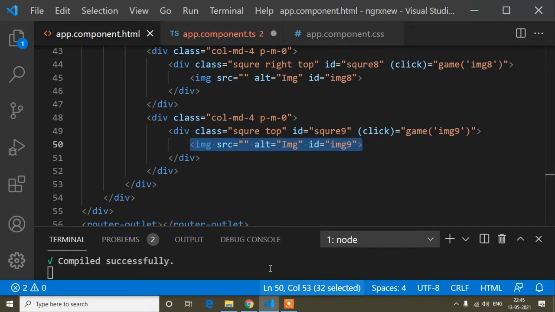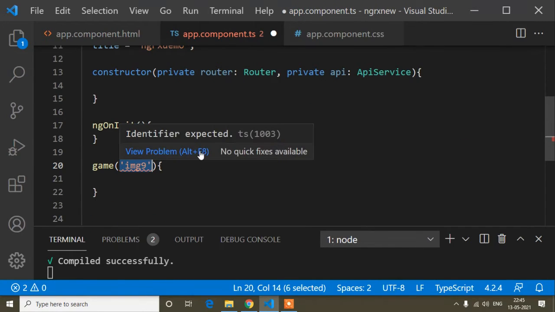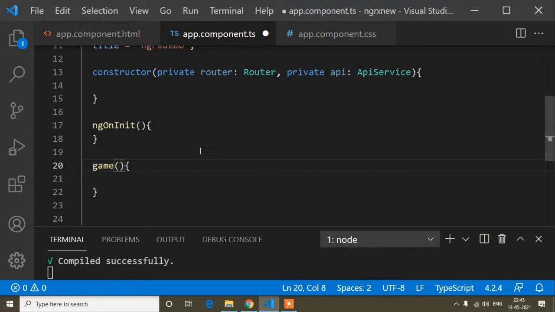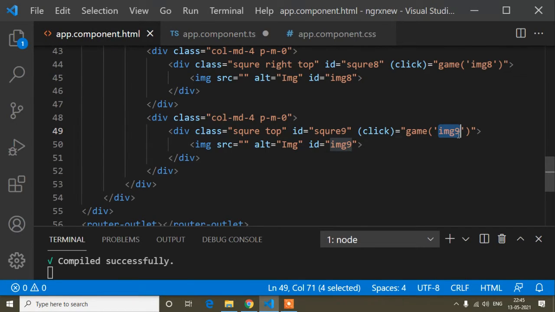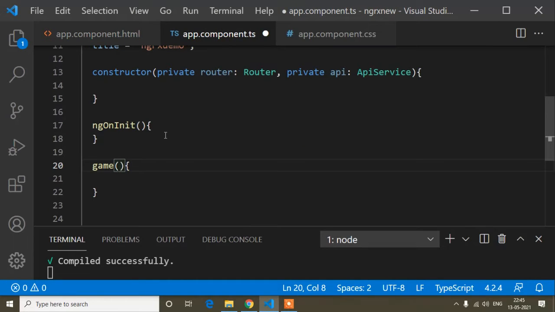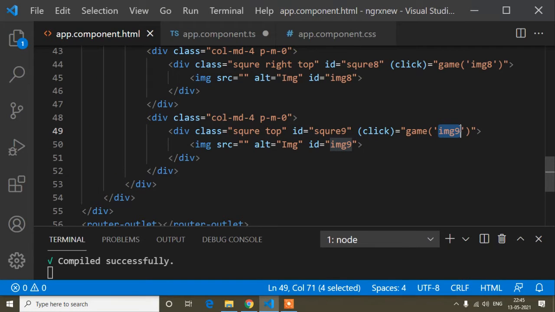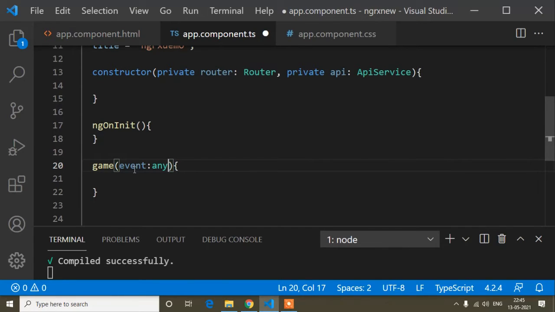Now to denote this parameter, I have to write a name of my choice, and whatever name I write will denote this parameter. Here I will write the parameter name as event, and the event type is any. You can also write the event type as string.